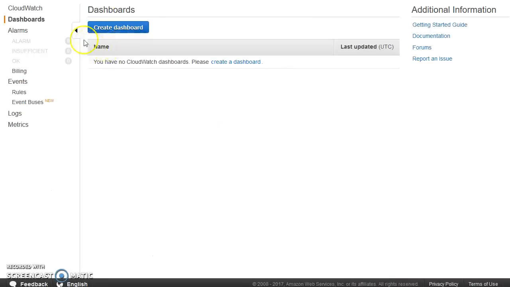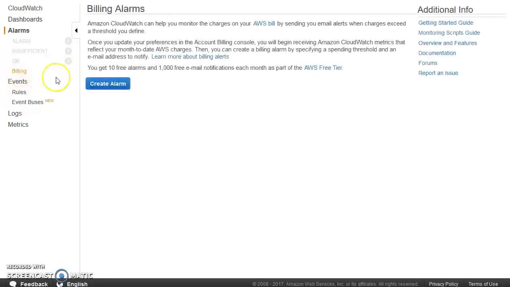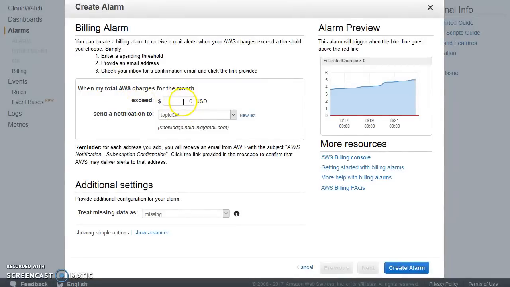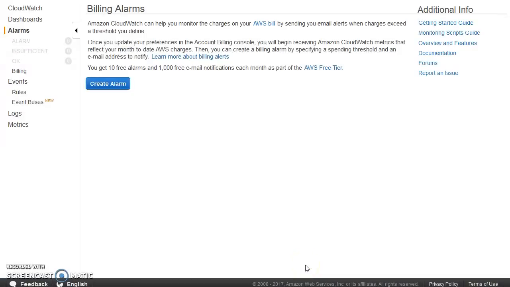One last thing before I finish: in the CloudWatch alarms, on the left hand side you see billing. This will be available only in the North Virginia region, but these billing alarms are there for your complete account. So you can say, whenever my spending crosses a certain amount of US dollars, go ahead and send an email. You can choose either a topic or just put your email here, and it will send you an email. This is really great. You can create multiple alarms, for example, at $50, at $20, and it will inform you. So that's really good. If you want, you can go ahead and use these billing alarms.